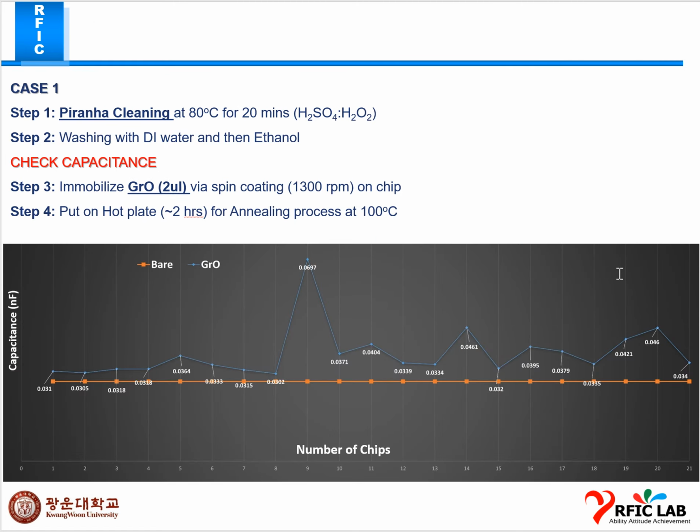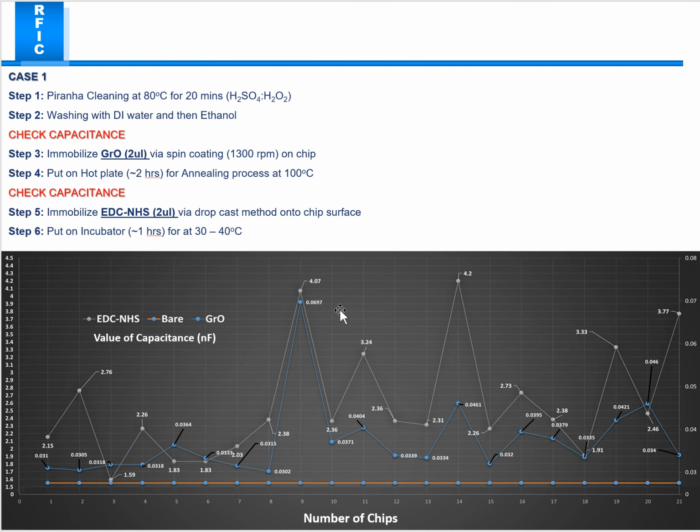If I share here the step by step graph, if you see case 1 up to the graphene oxide, we have this kind of graph. The value becomes constant, and sometimes it's not, because of the pH, in the case of 3 chips, like 1, 2 and 3. But if I exclude these 3 chips and consider the rest of the chips, I found that